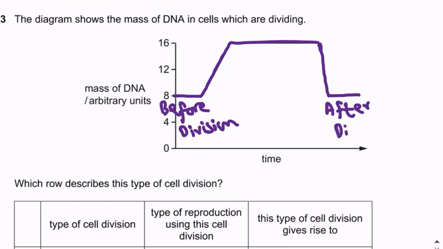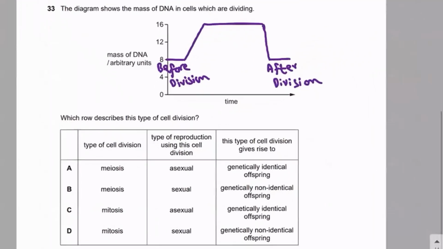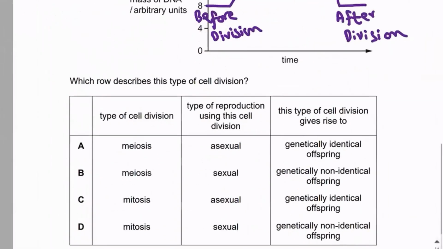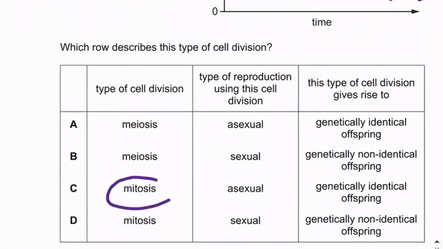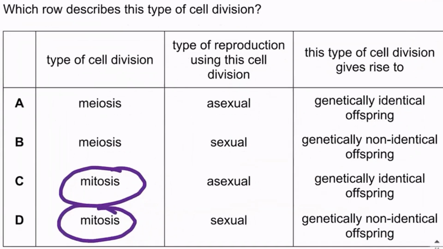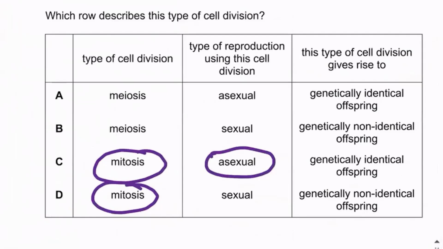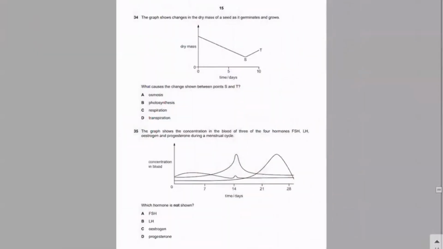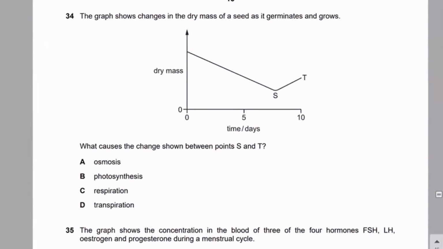And as we all know, the division in which there is no change in the chromosome number or the DNA is mitosis. The division in which the chromosome number is maintained is known as mitosis. And mitosis is involved in asexual reproduction, not sexual. And obviously, by asexual reproduction, genetically identical offspring are produced. The answer is C. MCQ number 34, the graph shows changes in the dry mass of a seed as it